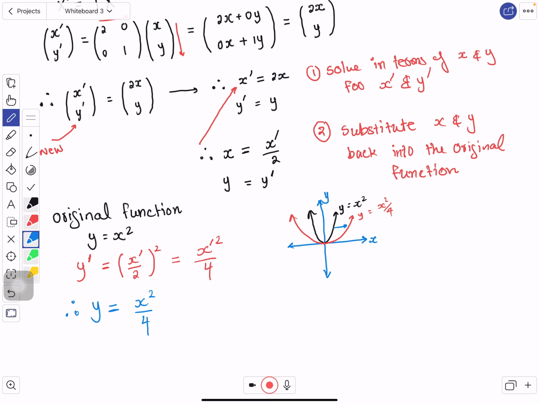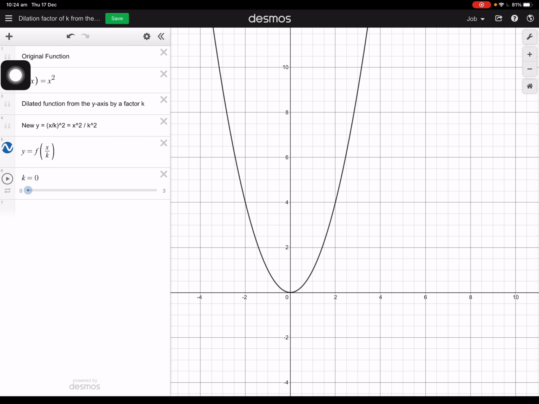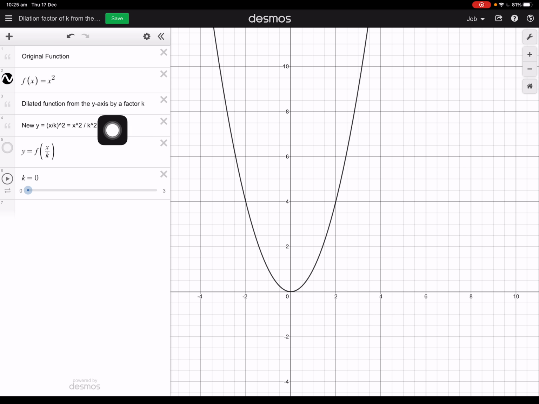Let me show you these in Desmos. So over here is a notation. We've got the original function, which is labeled with the black curve. I'm just going to undo that for now. Oopsie, the k should go there. So we can see that the original function is the black colored curve. And then we saw that the new transformed function changed into x squared divided by k squared. In this case, we got x squared divided by 2 squared, which is 4. And then if we put this into the function,